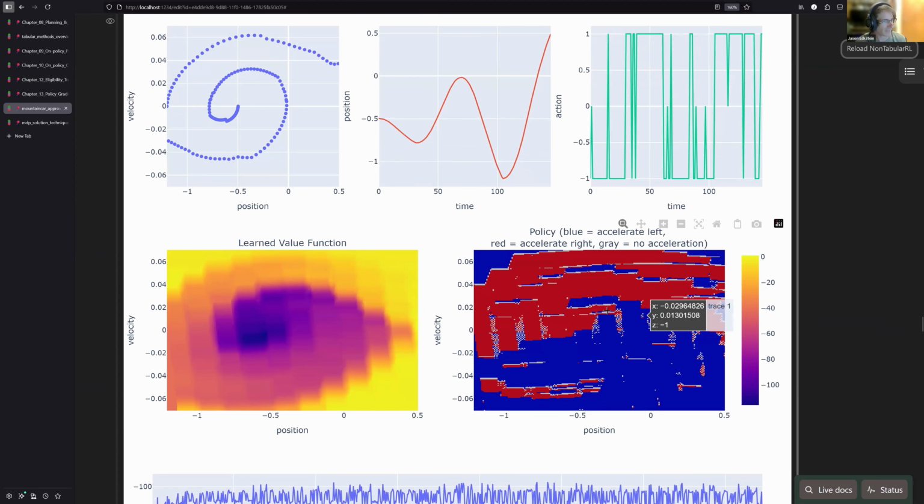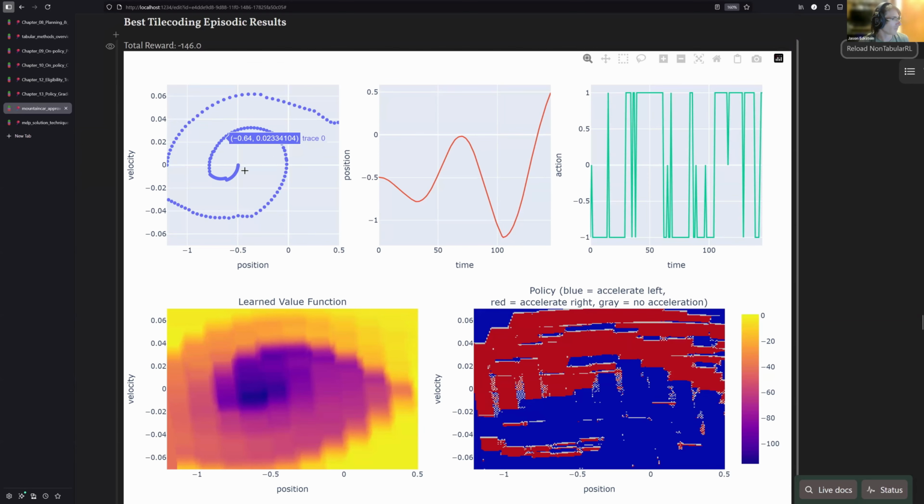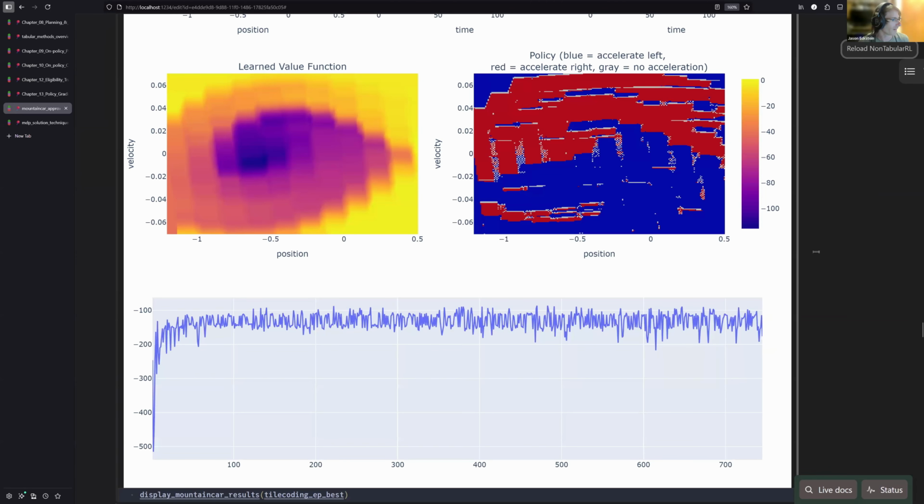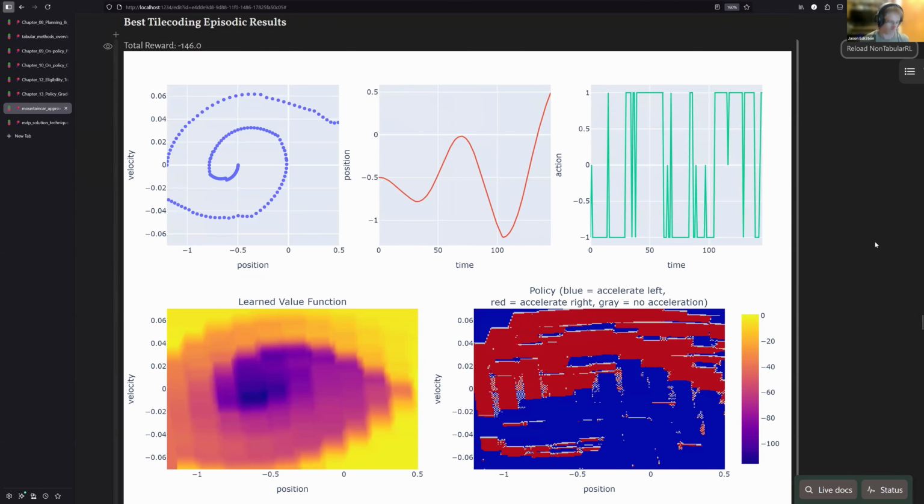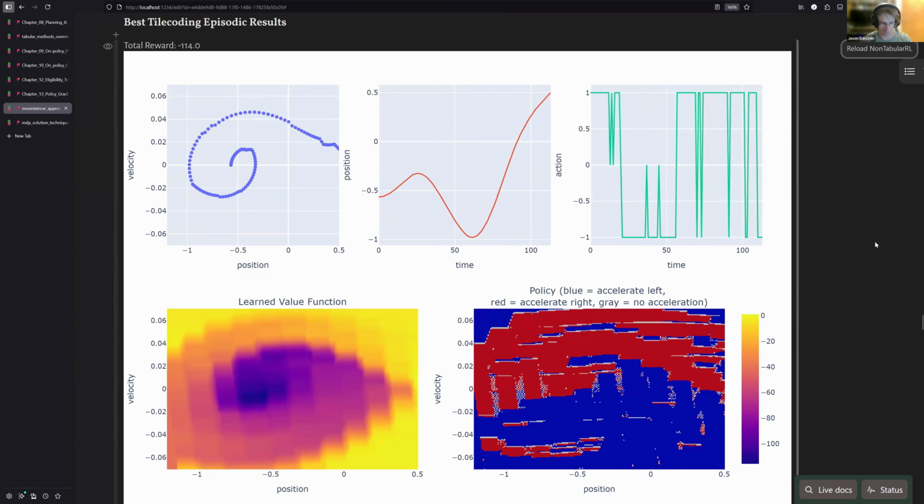space. And then this is the state value function, and this is the policy derived from it, the greedy policy. We can see it shares the same tiles, but this policy is derived from doing that one step look ahead and calculating the action values. And then this is an example of a trajectory following this. So if I run this display function multiple times, it will continue to